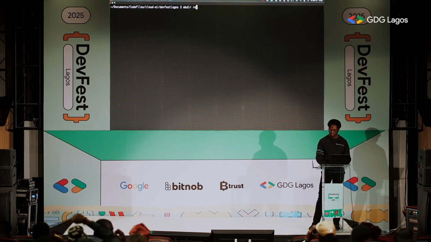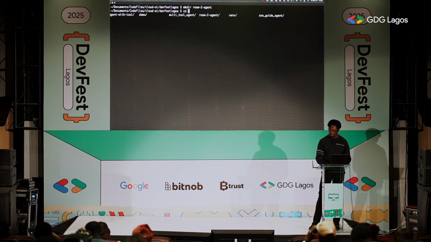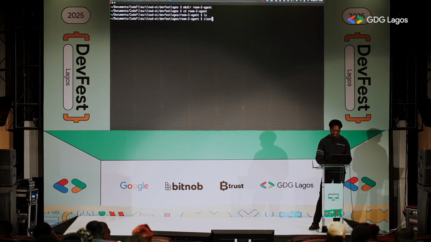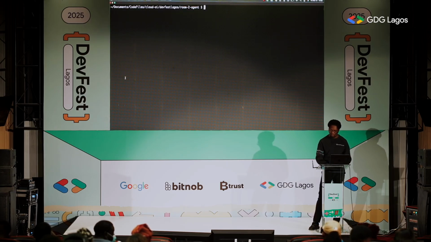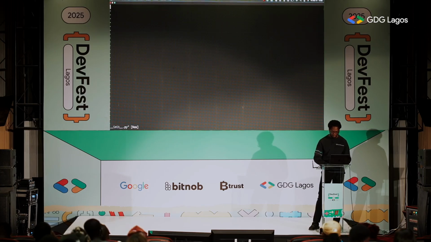Let's call this room 2 agent and cd into that. Then create the init.py file. And paste the